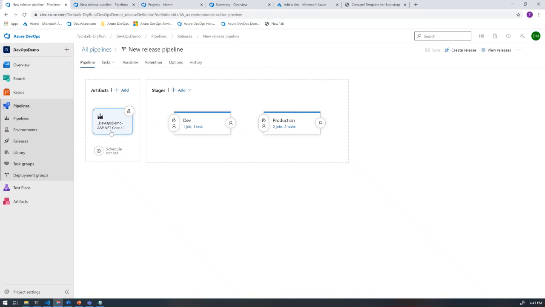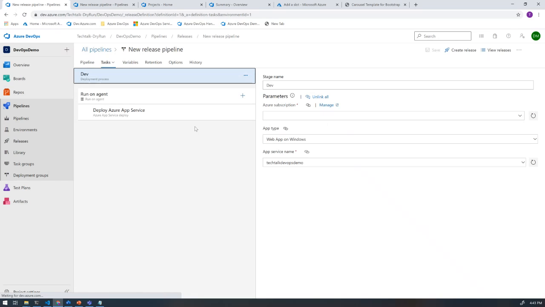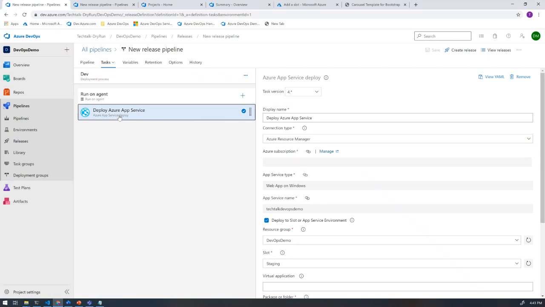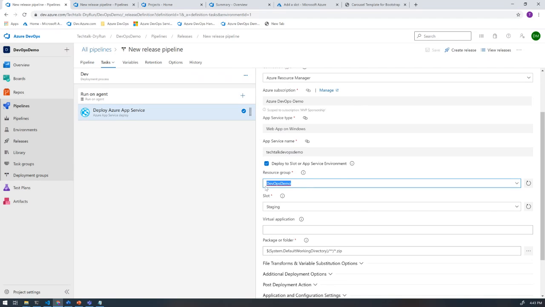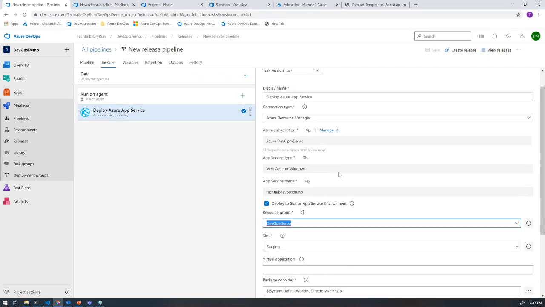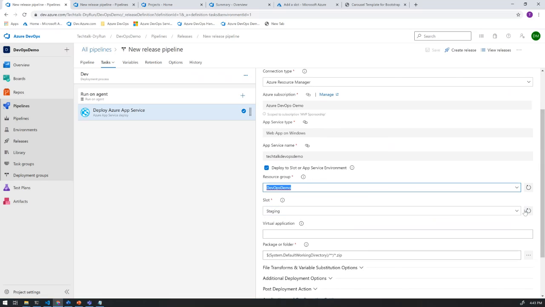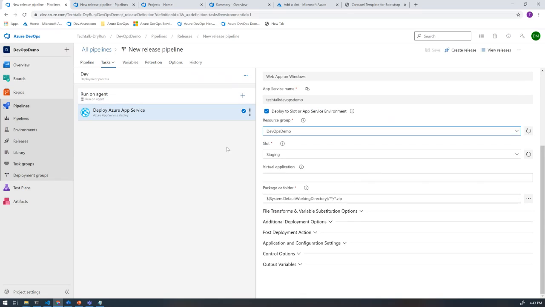So here you could see I'm using the CI, which is the continuous integration, for the build. And I've got a dev environment, which basically shows the resource group. That's what it should show. That's pretty much what I have. And then it shows the slot. It's just deploying in the staging slot. And I have